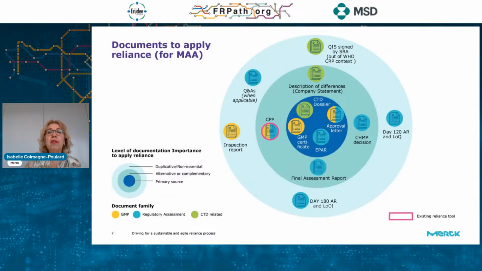So the recommendation that we have put through is that we consider, at the center of this picture, you can see in the round middle, dark blue, that these are the source documents that are really legitimate and appropriate to apply Reliance. These are the GMP certificate for the GMP status of the sites, but also the approval letter, which is the binding proof that your application is approved, together with the CTD package, of course, which gives all the details,